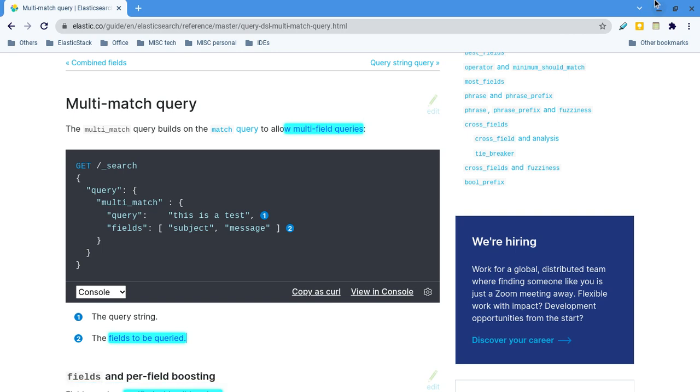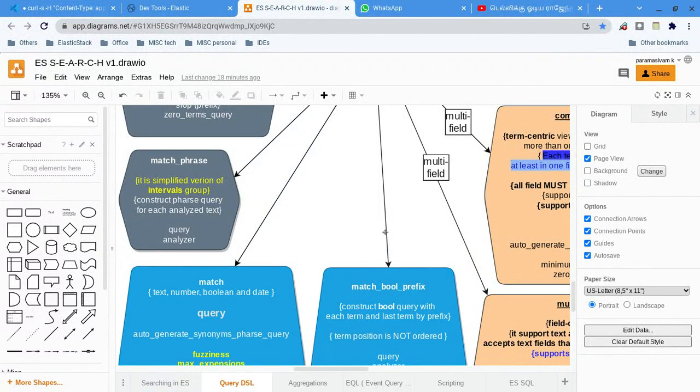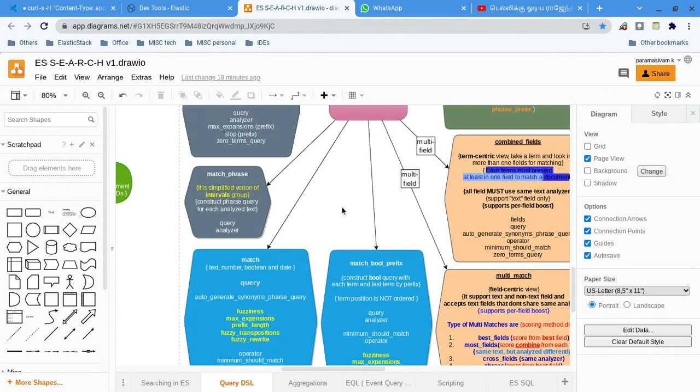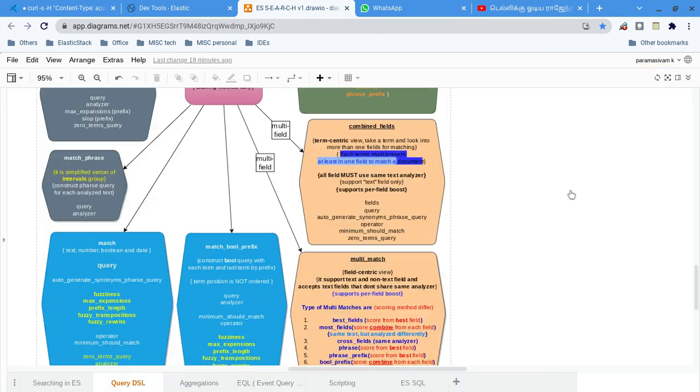As this diagram shows, here you can see there is multi-match.